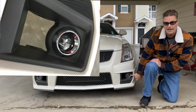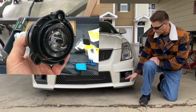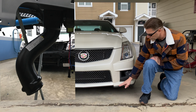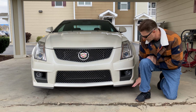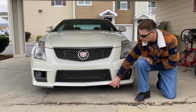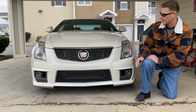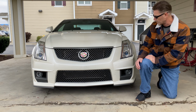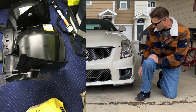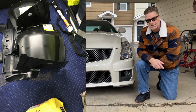You're going to need the fog lamp assembly, and on the inside there's ductwork that goes to the front brakes for front brake cooling. These are actually functional. You're also going to need this lower scrape guard. It's a trim piece, but it acts as a protector to protect the fascia, because this thing drags if you're not careful going in and out of driveways and parking lots. The headlights are the same, they're standard, and you're also going to need the inner fender well, but only the forward half. It's V specific,